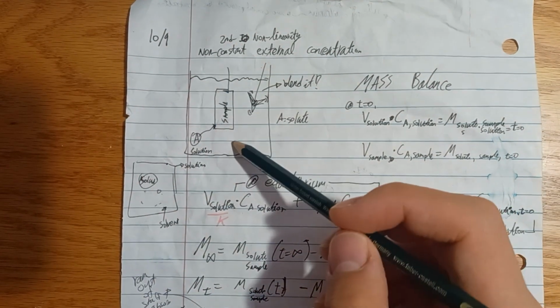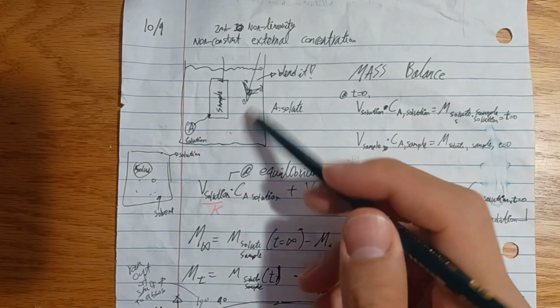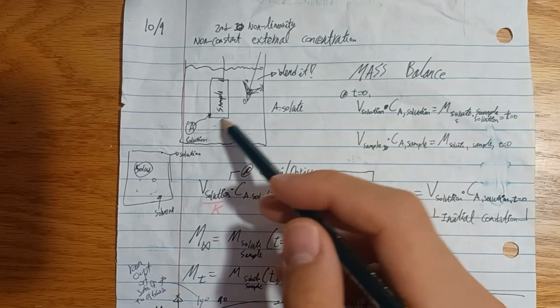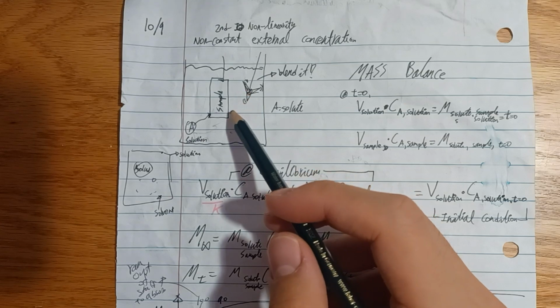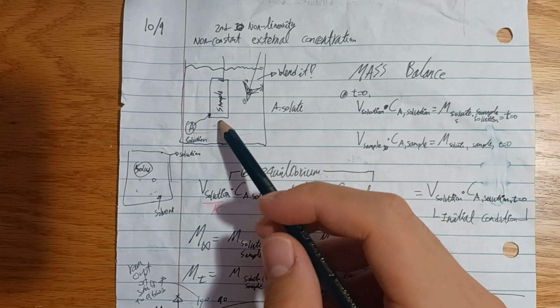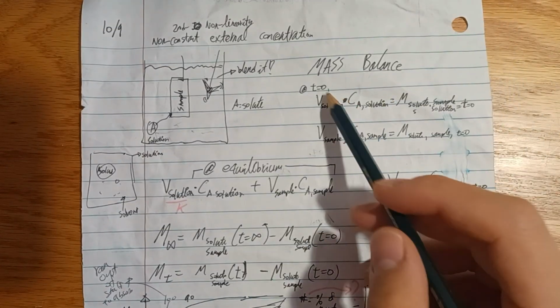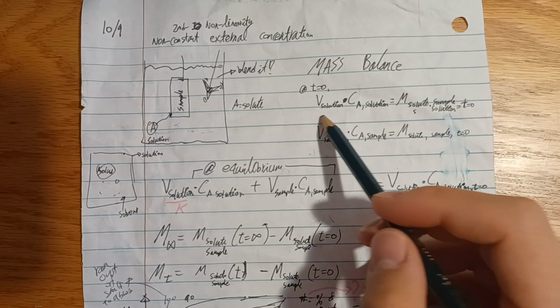So if you have the system where this is filled with solution that contains a solid A, and we have this sample, and we're going to blend it. So in terms of mass balance, at time 0, so the initial condition is that,